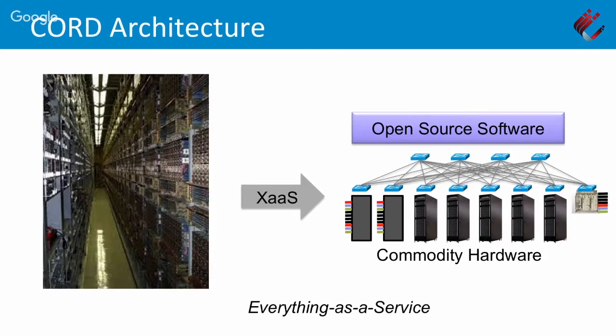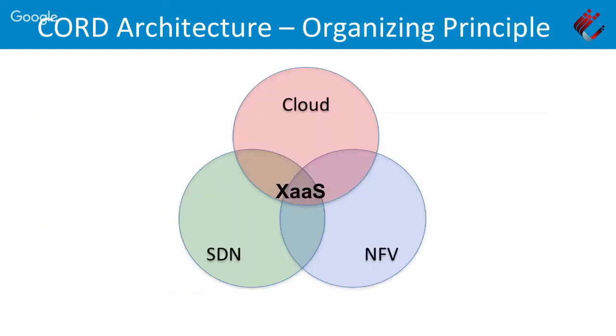And the organizing principle we brought to bear in terms of CORD was that we wanted to treat everything as a service. And by service, when you hear me say service, think cloud service. Don't think the traditional customer service that you turn on and off at your provider. Think of it in terms of cloud services. Well, that is in fact the intersection of NFV, SDN, and cloud. And so a lot of times in this space we hear, well, we understand SDN and NFV have to come together, but you have to bring them together in the context of best practices of scalable elastic cloud services. And so that is, again, the organizing principle.